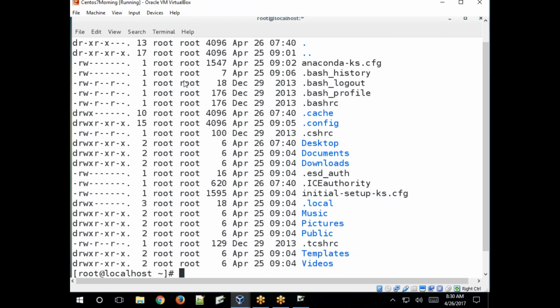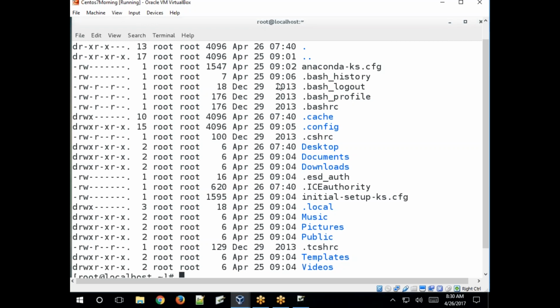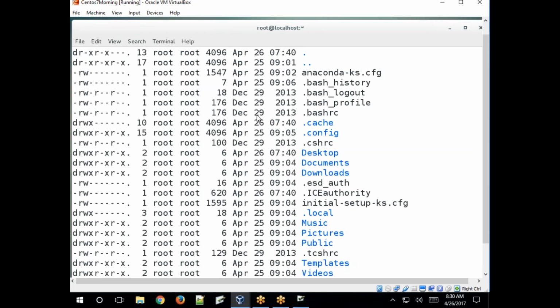So this meta information will be stored under the inode number. Every file and directory's information will be stored under an inode number. So when a file is created under your Linux file system, one inode number will be allocated. It holds the information about that file.